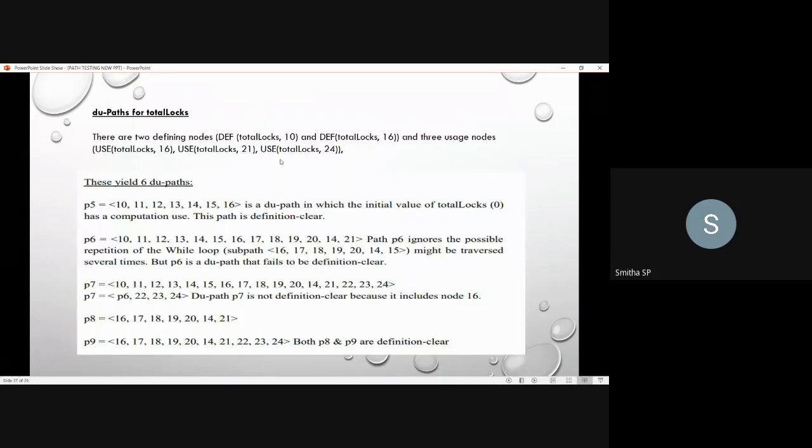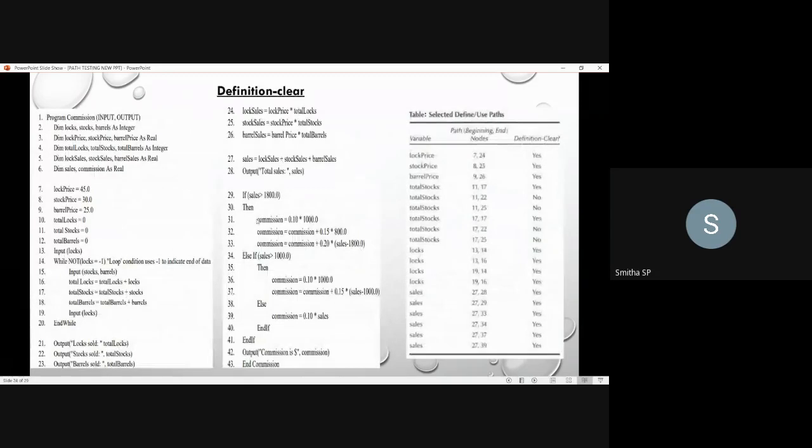31st to 32. In the 31st you have defined this commission, and in the 32nd you are making use of this commission. So the beginning node is 31 and the ending node is 32. For this commission, whatever you have defined in the 31st, I'm speaking about this, whether this definition is clear. For these two lines it's clear. I'm stressing the words these two lines. For these two statements it's clear. So the definition is clear, and is it feasible?